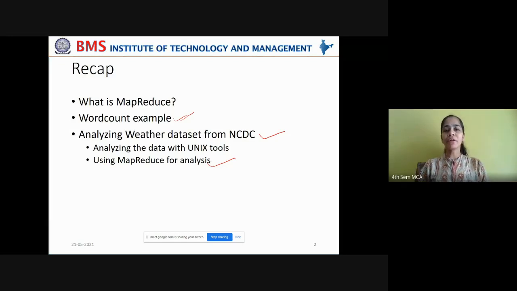That we have covered in the last class, but we understood at an abstract level how we can execute this map reduce job. But how to code this, how to add the map function, how to add the reduce function, how to pack them into a job and hand it over to the HDFS cluster so that it can be passed on to various data nodes to execute that map reduce task, that we are going to see today.